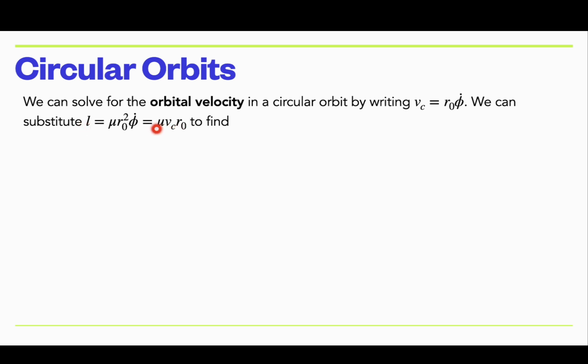So the angular momentum is just mu times the circular velocity times r. So R naught, if we plug in the angular momentum in terms of the circular velocity, we get this. Simplify it, one of the mu's up top will cancel the one on the bottom. Solve for circular velocity, you get